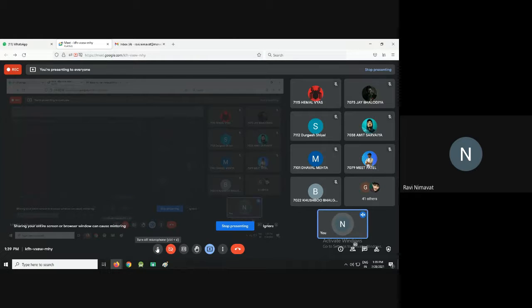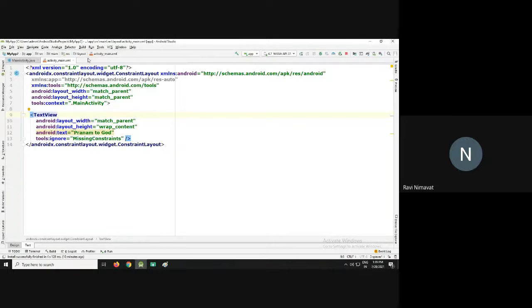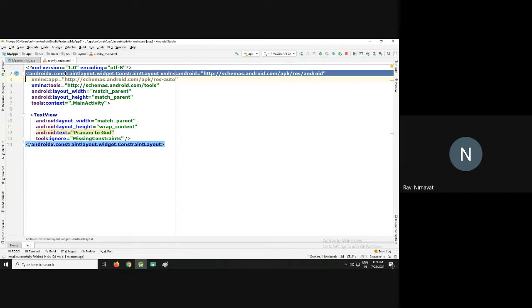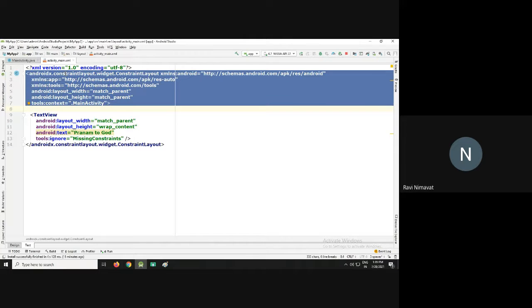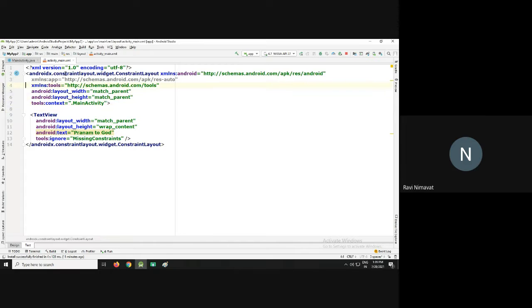Okay students, so our first layout is the linear layout. Ready? And I will demonstrate the linear layout in Android Studio. So students, here our parent layout is the constraint layout. I will change constraint to linear layout.